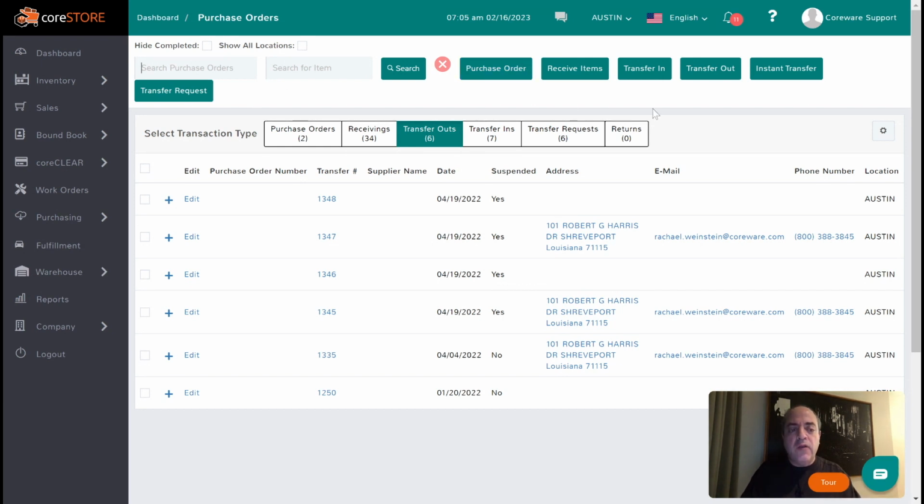Typically, if you have separate physical locations, when you do a transfer you want to track what is in transit, meaning what's on the truck on the way to being delivered, especially if you're in separate cities. You want to make sure you know that there's inventory that's in transit, not available to sell because it's sitting on a truck on its way to that other location. So typically you'll start with a transfer out